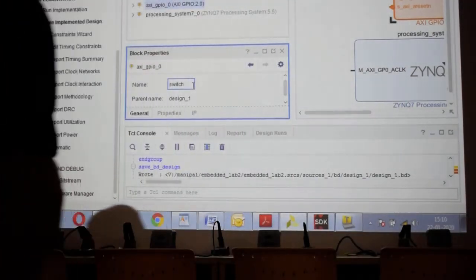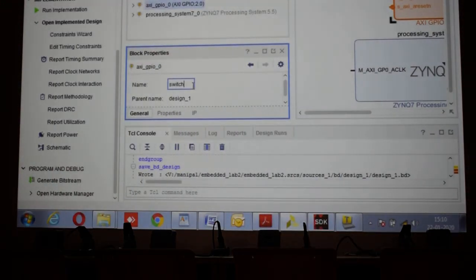Understood, right? It's not inside the FPGA. These switches connect via the FPGA only, not through the ARM. So we are enabling the FPGA section now, because the path is processor to FPGA to the switch, processor to FPGA to the LED. So it has to cross through the FPGA. There is no involvement of ARM here.